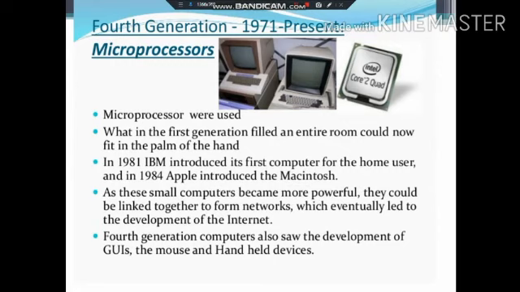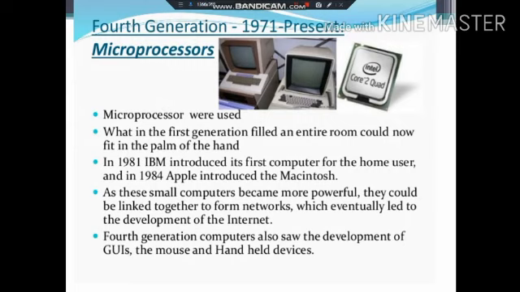Moving on to fourth generation. The fourth generation is the time period from 1971 till present. These computers are still in use and are being developed further. Microprocessor chips were developed in this stage. Microprocessors use the language of binary code, that is the numbers 0 and 1. Some computers of this generation are very small. They can also fit into the palm of the hand. The example of such a computer is your mobile phone only.